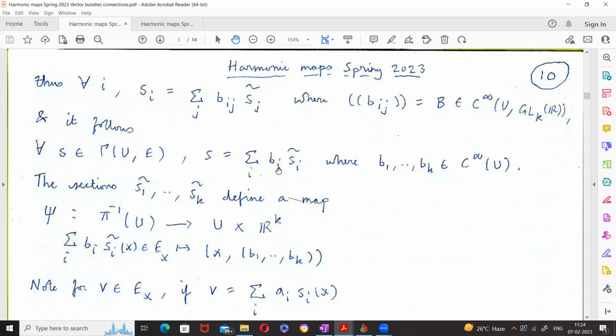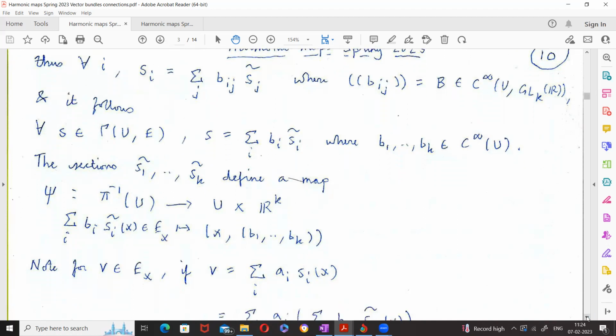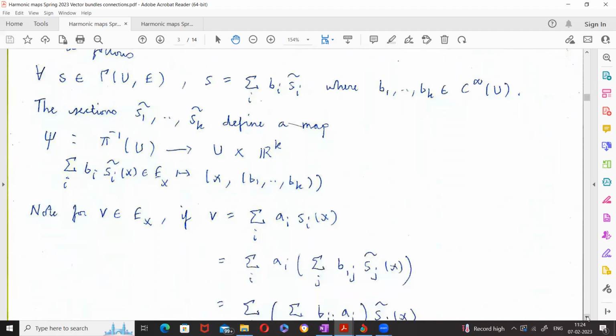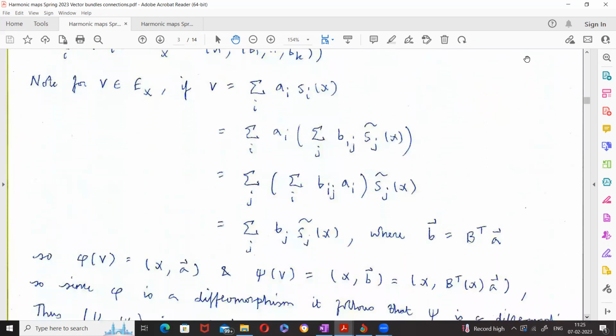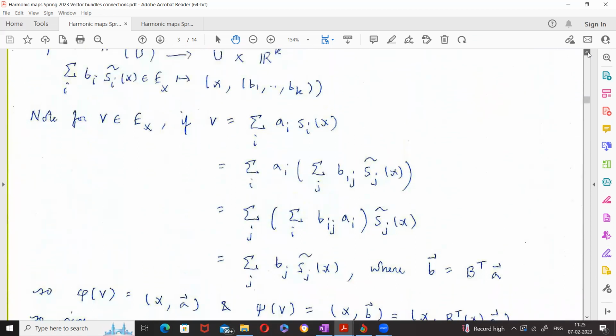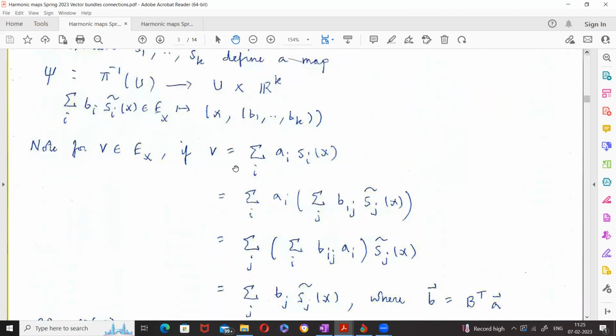That is the point. Therefore, we can define a map using these sections S1 tilde to Sk tilde from pi inverse of U to U cross R^k, where we simply send a vector, the summation over I of b_i S_i tilde(x) in E_x, to the pair x comma the vector (b1 to bk). Okay. And this map is going to be a diffeomorphism because